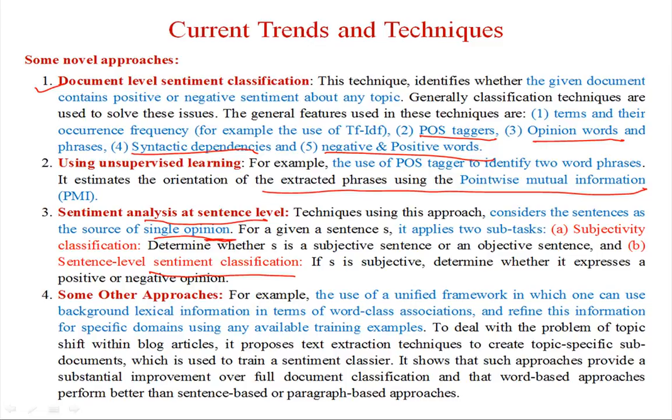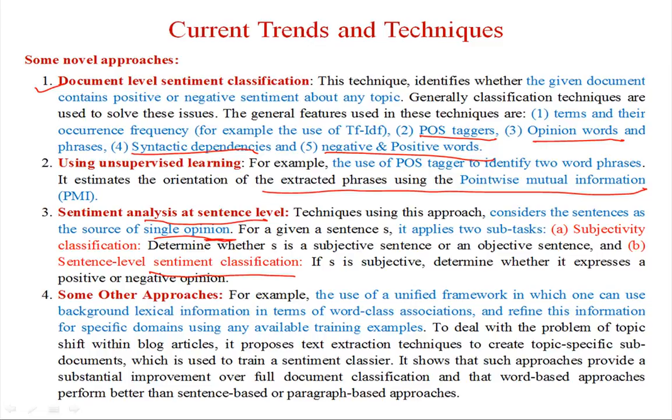and after that it divides the sentence into two parts, subjectivity and sentiment, and based on that it classifies whether the given sentence gives a positive opinion with respect to a particular subject, or a negative opinion. But here also the subject may be more than one, so identifying the best subject and related opinion, or the most valuable subject and related opinion, is also a challenging task